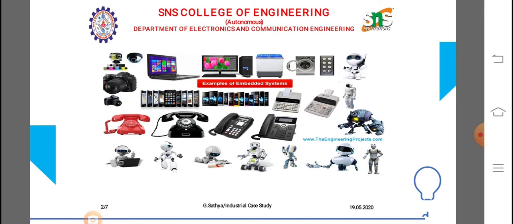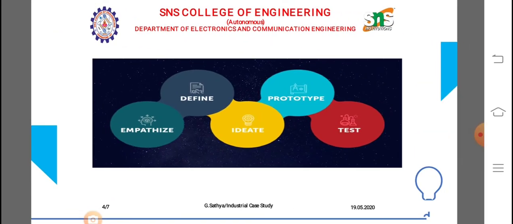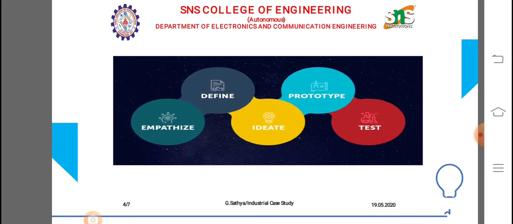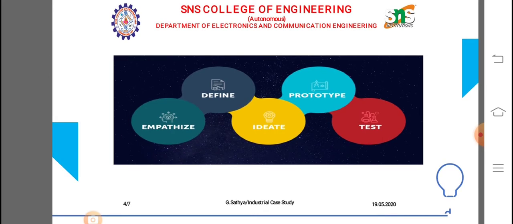So next we move on to our empathy part. In our empathy part, there are n number of devices we are already using, so we will discuss one by one. Consumer electronics, or home electronics, are electronic equipment intended for everyday use, typically in private homes. Consumer electronics include devices used for entertainment, communication, and home office activities.